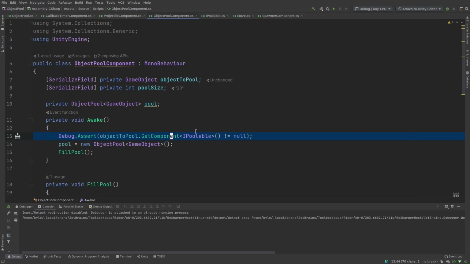On line 13, I'm doing a quick check. I'm making sure that the object to pool, the one I want to end up cloning and filling my pool with, does indeed have an iPoolable component. And remember that anything that starts with debug, like this debug.assert, is going to get pruned out of the final release build. So this check will not even be part of it,